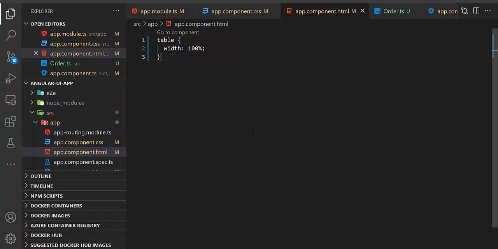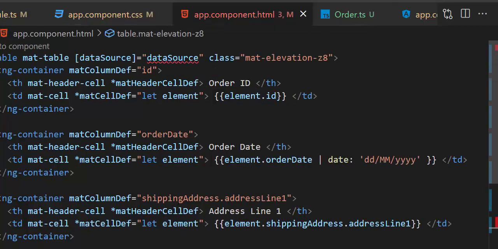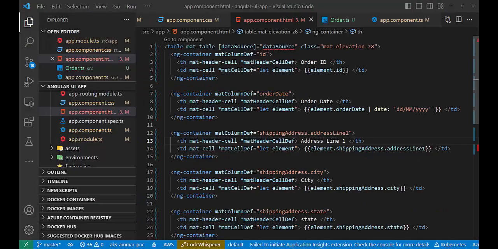I will paste the code snippet over here. So this is similar to the HTML table, th, td, tr, and you also have the Angular tags, which is for the container. And this is the Angular Material table we are using. Okay. And then we'll go back to my